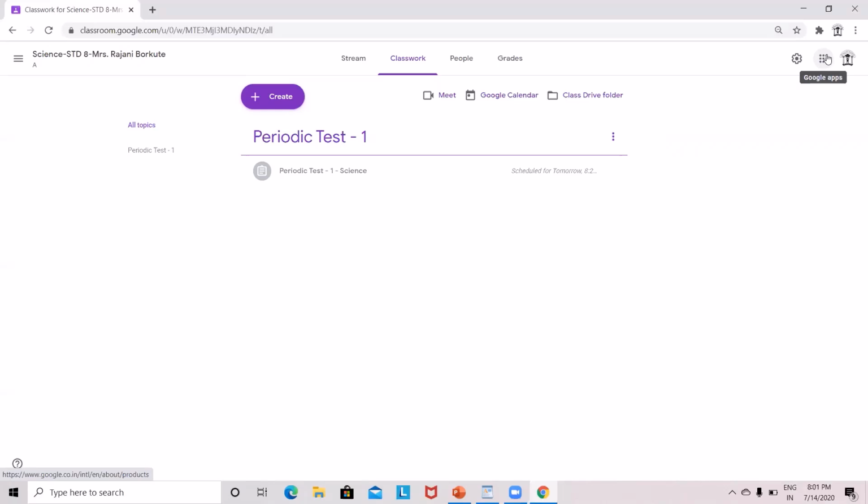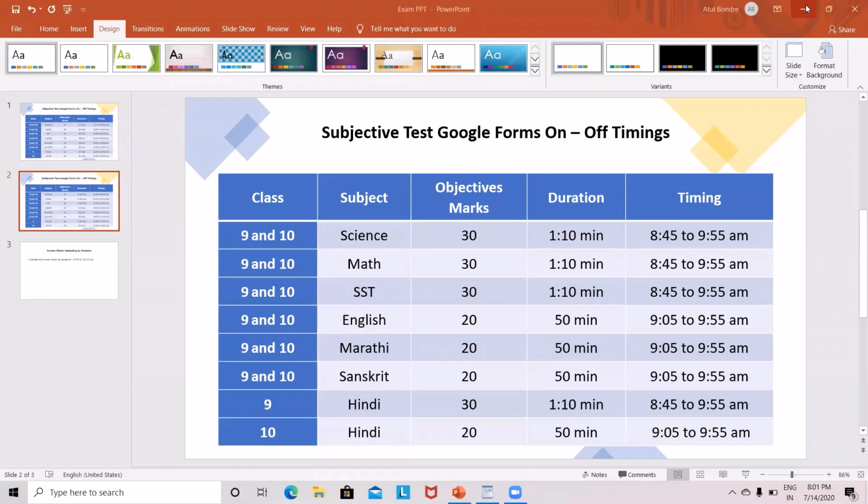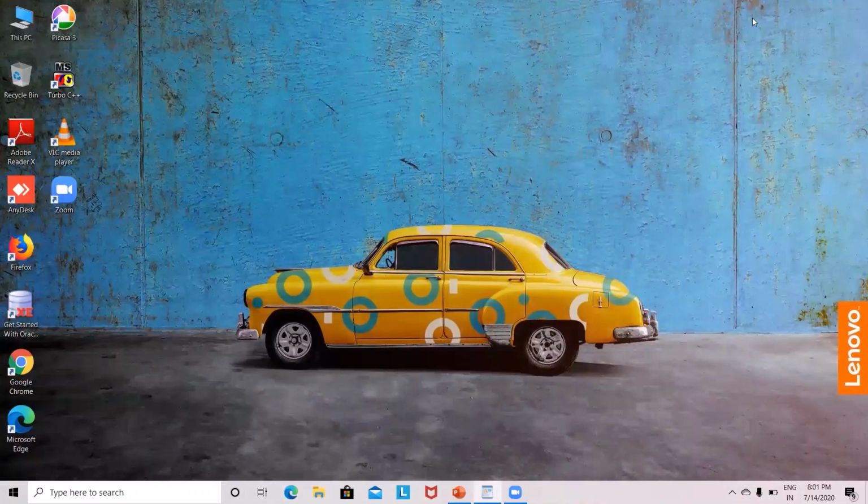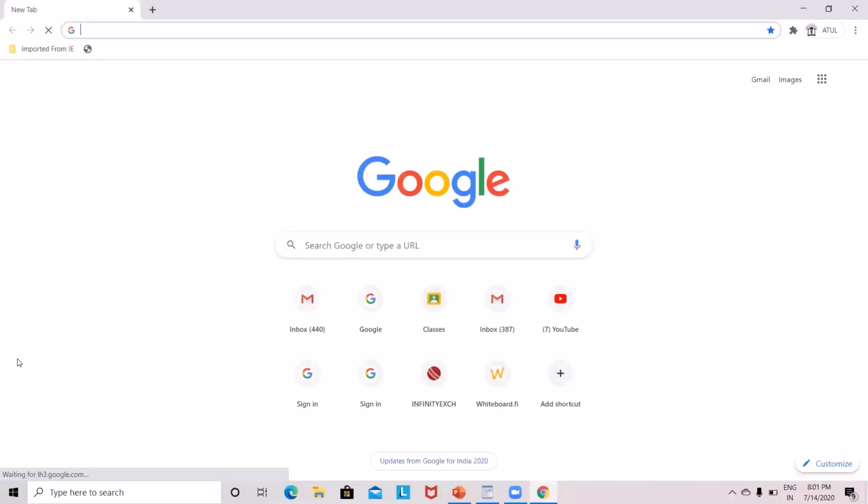Now, what is the process on the actual day of examination which the subject teacher will do? That I am going to explain. On the day of the exam, the subject teacher again opens the Google Chrome web browser.